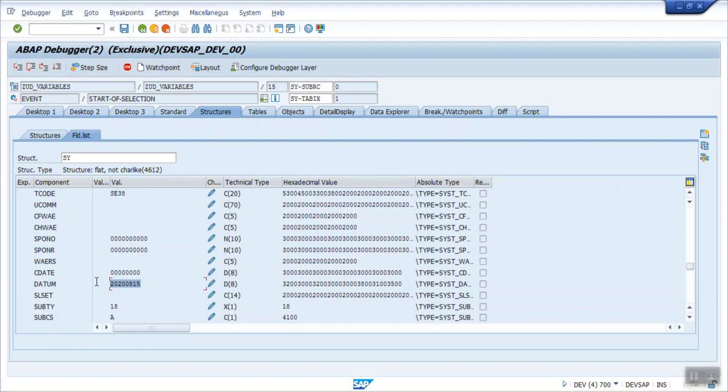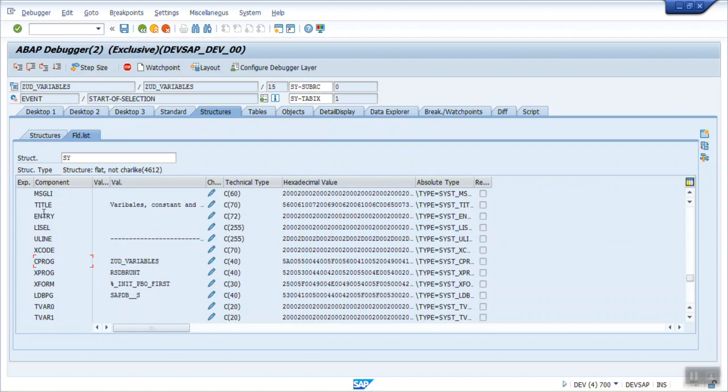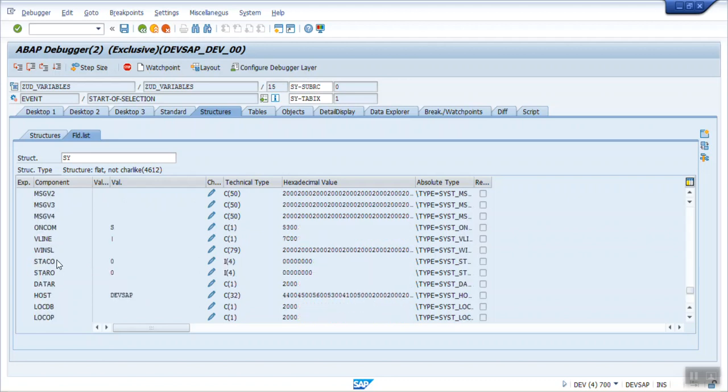The format of a date is 8 digits in the database, but while displaying, it displays 10 characters. Go down. Here you can see the time, and here is the user ID. There are many other components, like the title of the report and the program name. Based on our requirement, we can make use of these.